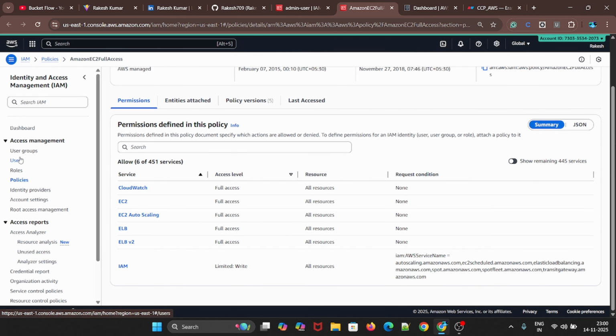So we saw user group, users, policies. Okay, we'll see the roles while covering EC2. What is the use of these policies? Okay, so what else after that? Yes, and